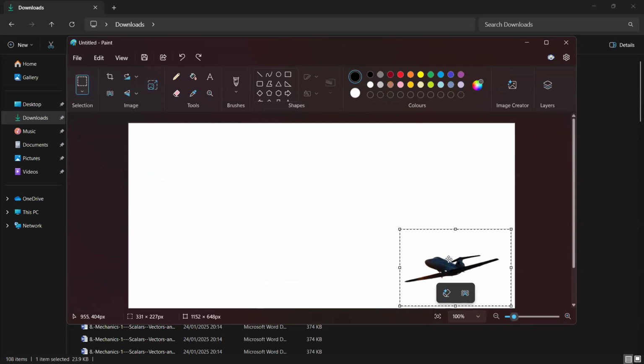Don't click on those small boxes at the corner. Yes, exactly. Just reduce the size small. Okay, that's fine. Don't spoil the image.